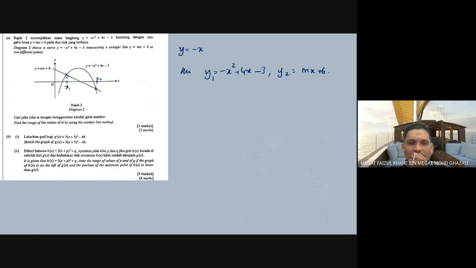If the question asks for intersection points we call A and B, yes, we can simply come up with y1 equal to y2, or maybe we can use the substitution y equal to mx plus 6, substitute into an x or something like that. But then when it comes to this, m minus 4 squared,